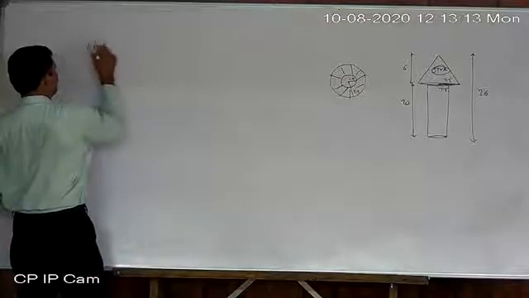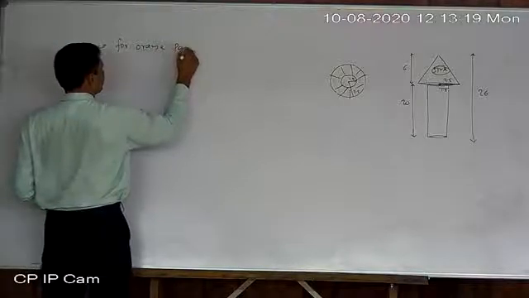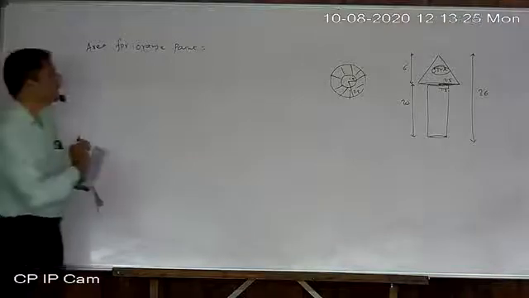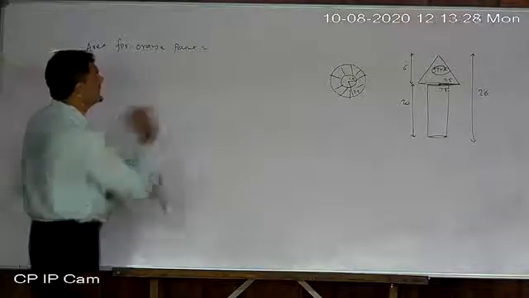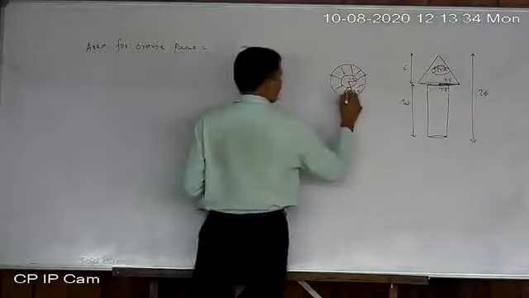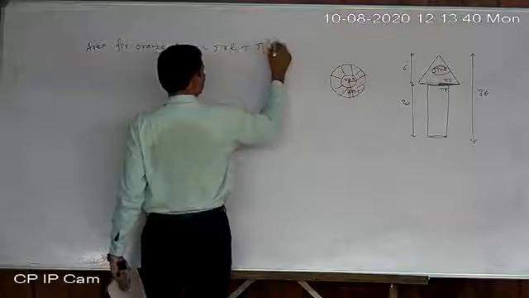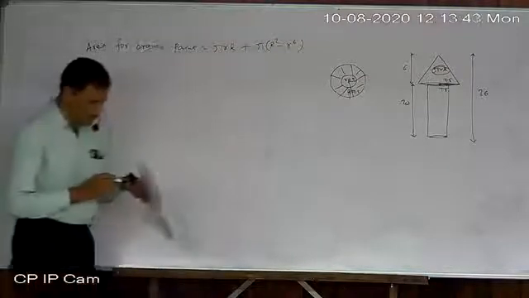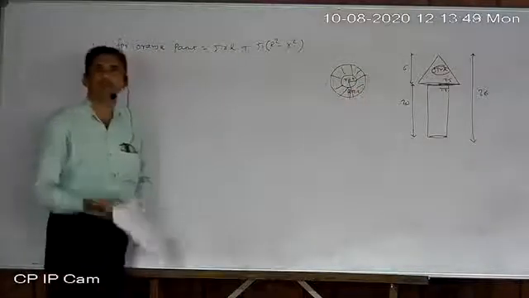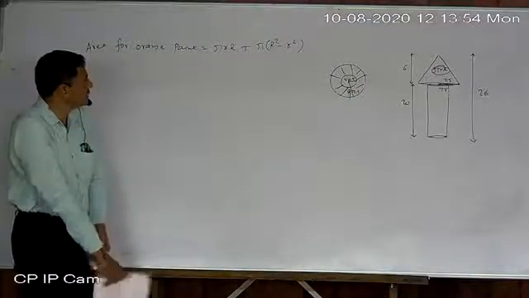So area for orange paint is equal to how much? It will be pi r L plus this part. Suppose this is a capital R and this is a small r. So obviously it will be pi R square minus small r square. Why? Because out of this bigger circular part, the smaller circular part is removed. So that is the part totally used for that one.